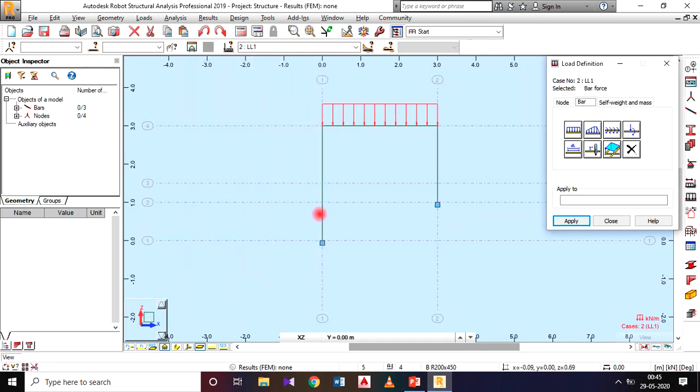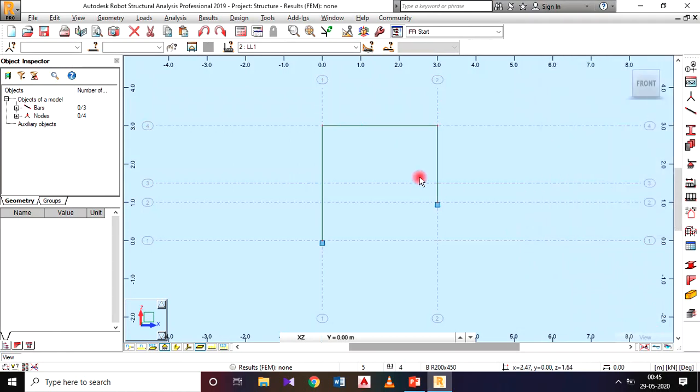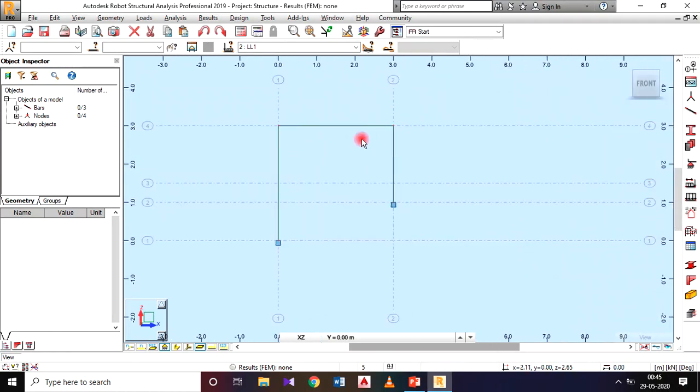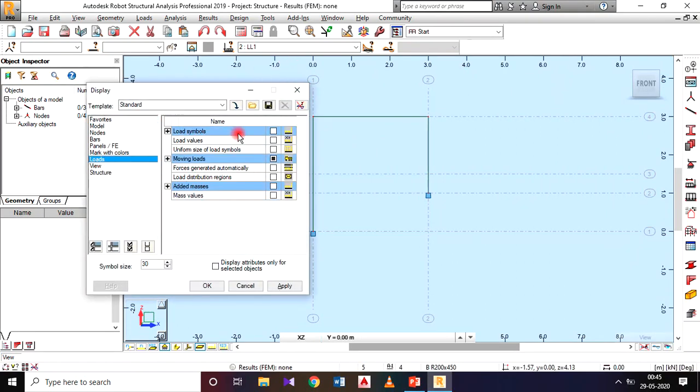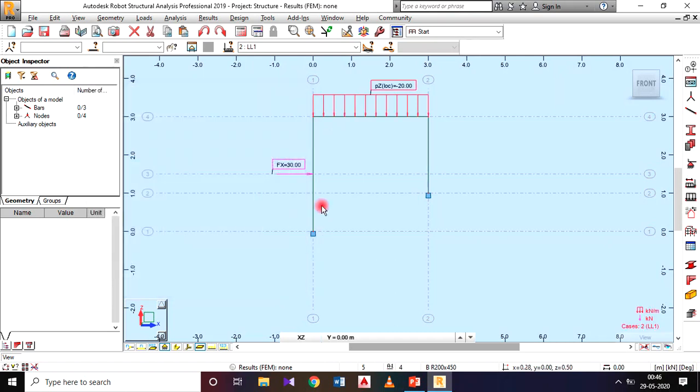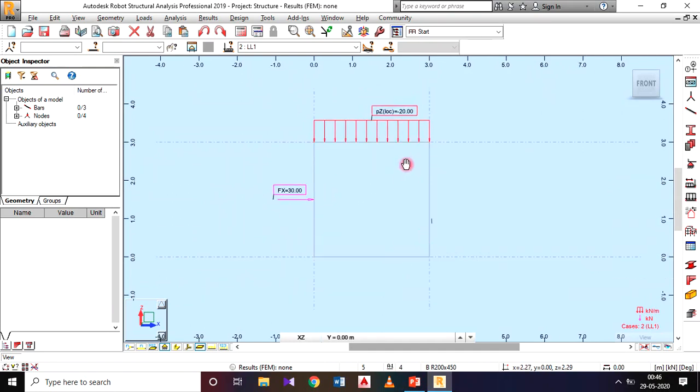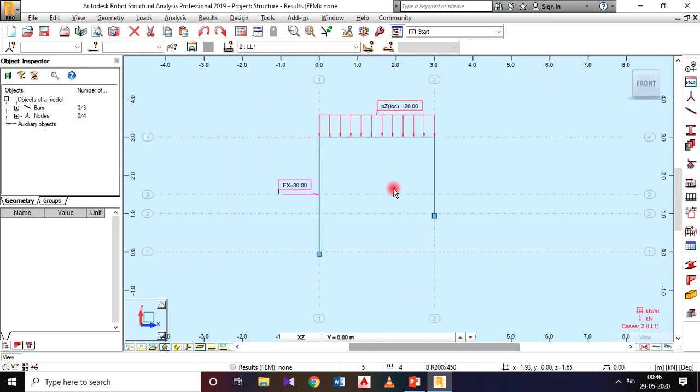Add and place it like this. Yeah, it is subjected to the force, only these two forces. Then apply and close. So the loads are not visible. To see those, right click on the screen, go for display, select the loads, load symbol and load values, apply and OK. So this will be the load acting on the frame.